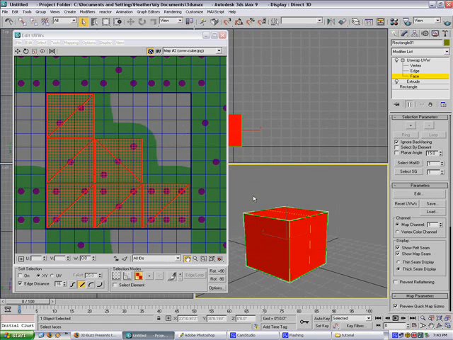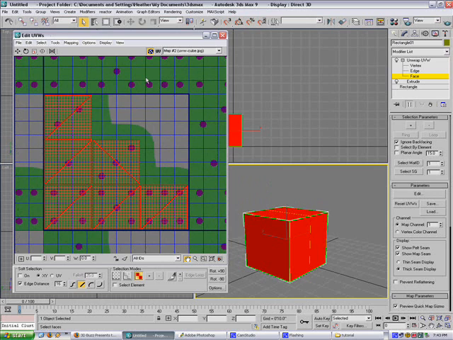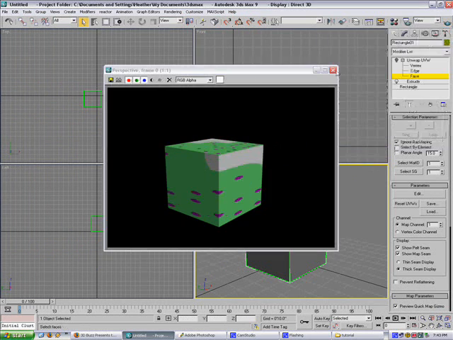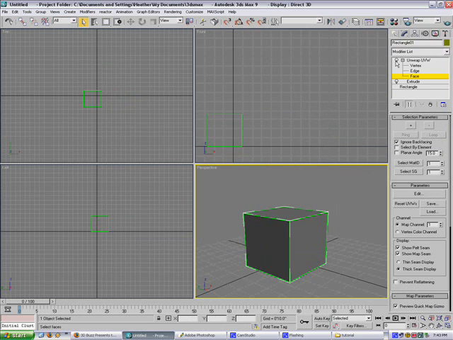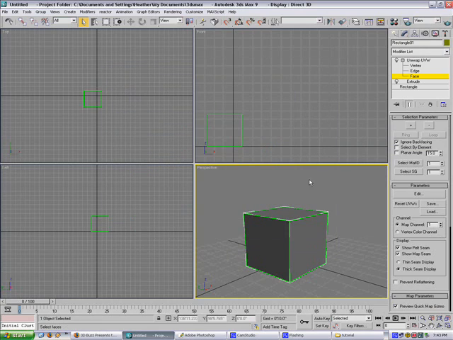Now again, the UVW map modifier has helped me out with that. The Unwrap basically pulls all the sides of the cube apart and lays them flat for me. You can do this in a variety of ways manually as well, as I mentioned, but this is just a basic example of how UVW mapping works and how the Unwrap UVW modifier in specific is helpful in situations. Like I said, remember, without the modifier we have this monstrosity. With the modifier we can effectively control how the map reacts with the